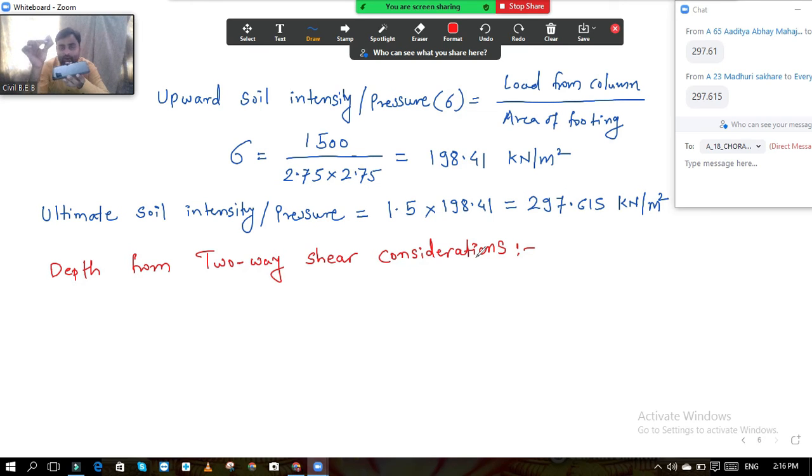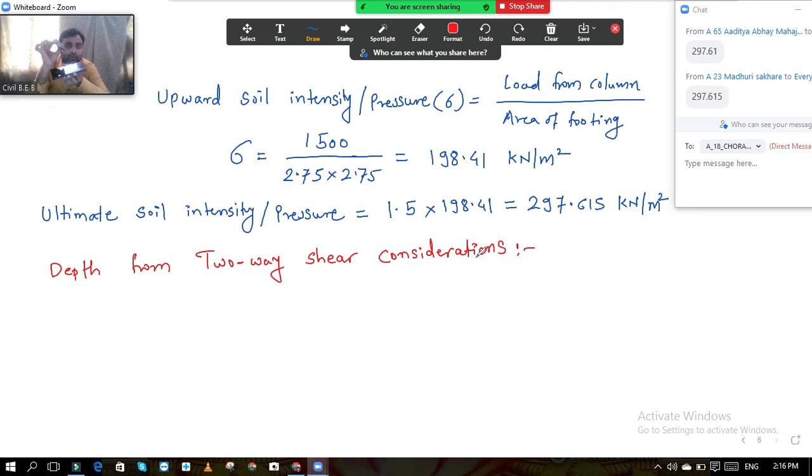But here in the case of the column, if this punching action takes place, you might be thinking that in this footing it may create a hole. Hole means, suppose this is a square column, then a square hole will be there, whatever the size of the column, that much hole will get created. But it is not the case. If this punching action takes place, definitely a square hole will get created, but that square hole is much bigger than the size of this column. Are you getting my point?